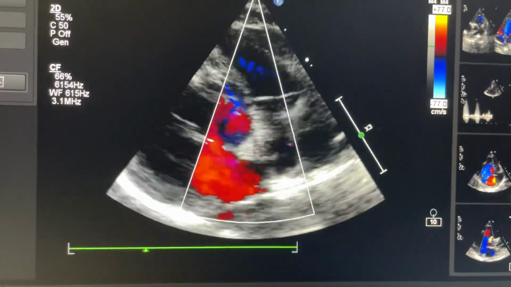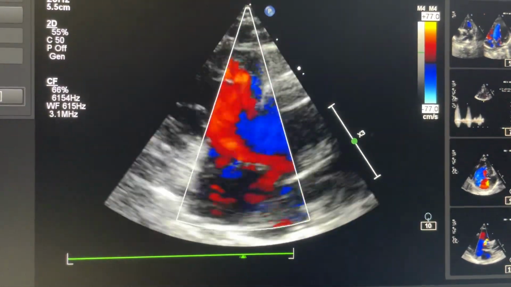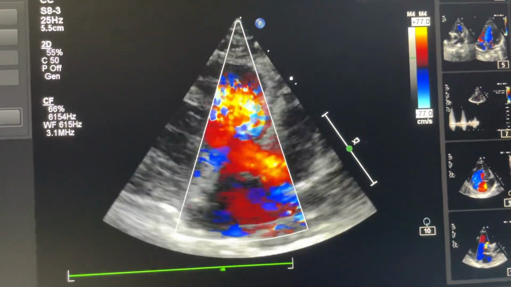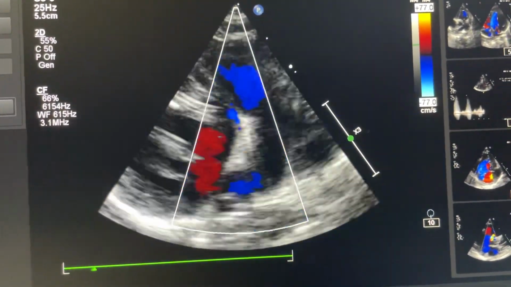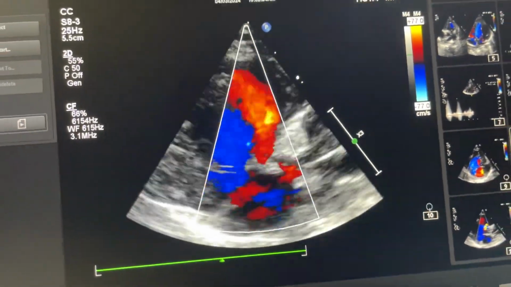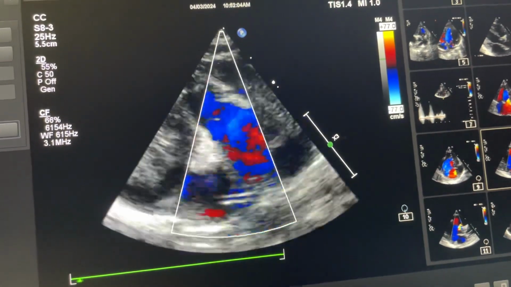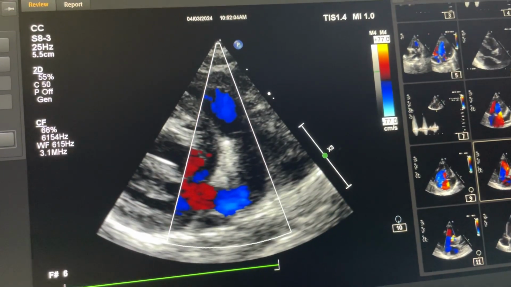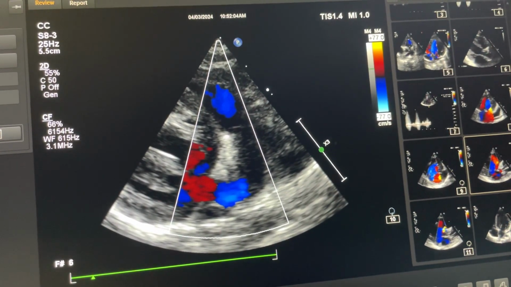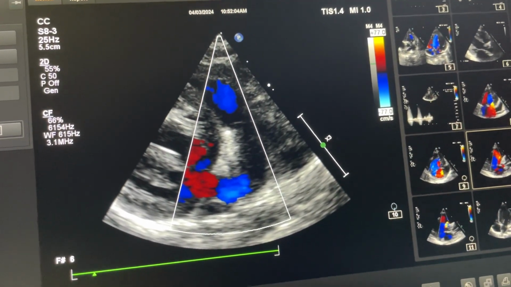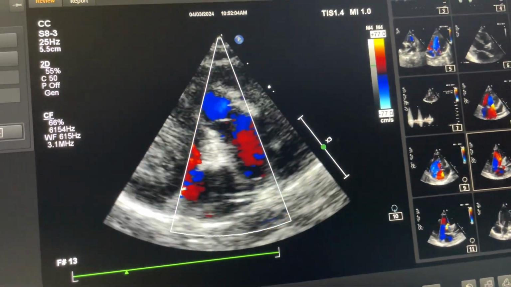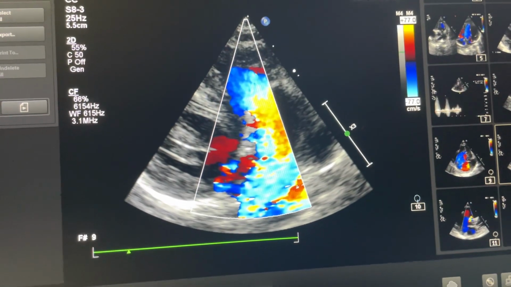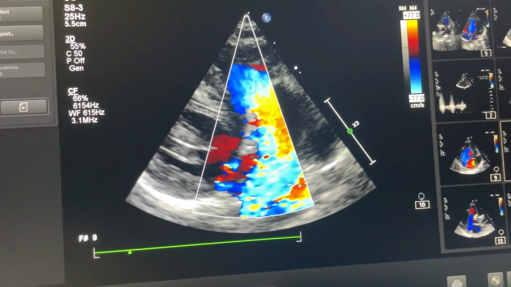again, you see VSD in parasternal long axis view. This is the image, parasternal long axis view. Whenever you rotate the probe to the RV inlet view, from the parasternal long axis view, one is the classical image, where the probe is directed towards the right shoulder. Whenever you rotate the probe towards the right tricuspid valve, that is RV inlet. RV inlet means how the right ventricle receives blood, through the tricuspid valve. So the RV inlet view will give you the image of the tricuspid valve, and RV outlet will give you the image of